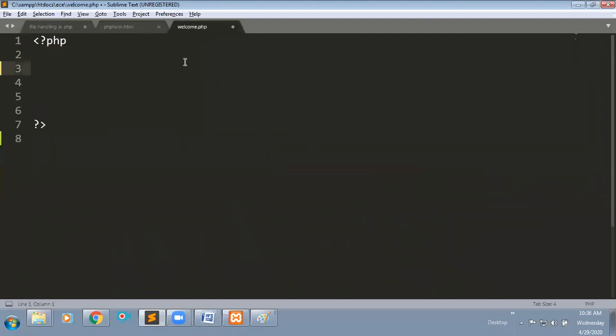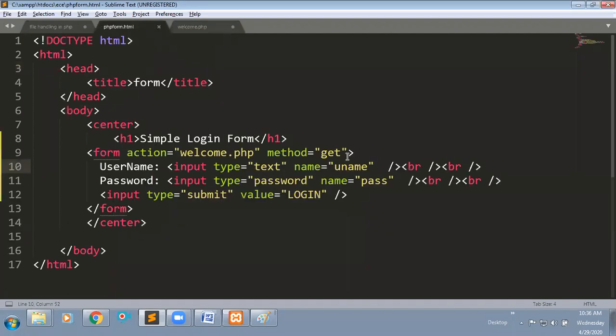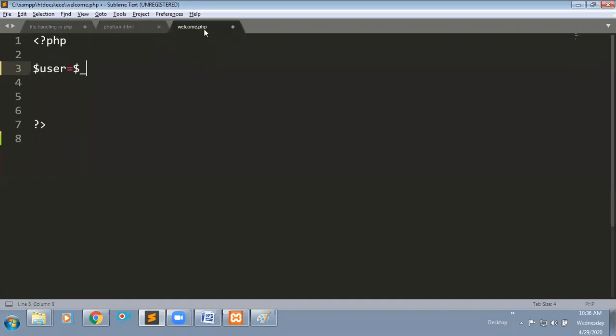Here I'm trying to read username. I'm creating one variable, user, with dollar underscore. If it is get, we need to go for dollar underscore GET. This is the super global variable which is used to read the form data. This question I also gave, right?